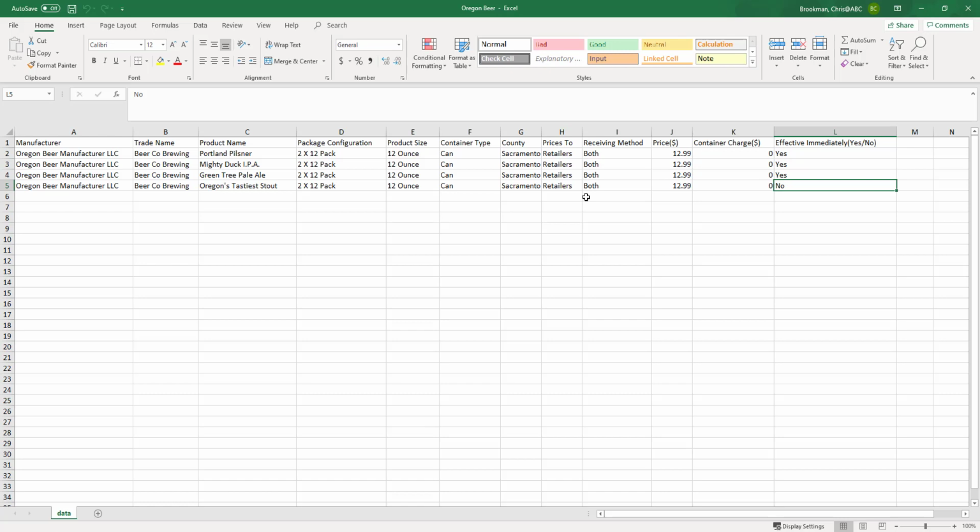I have 3 marked effective immediately, which means they will be effective immediately once I upload the spreadsheet, and 1 is marked no, which means it will not be effective till midnight Pacific time, the day I upload the sheet. Save your spreadsheet,